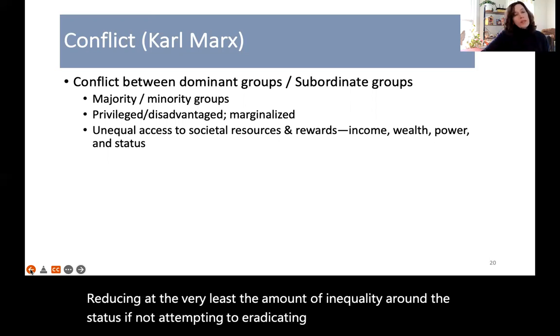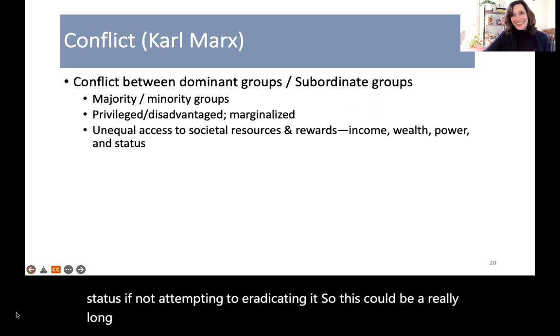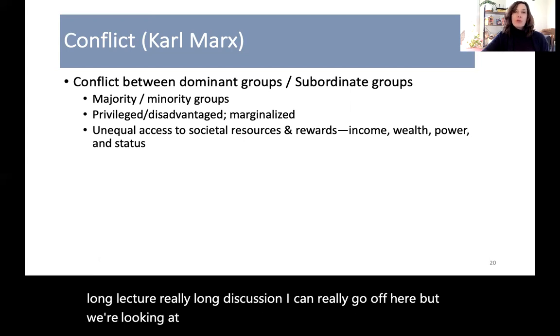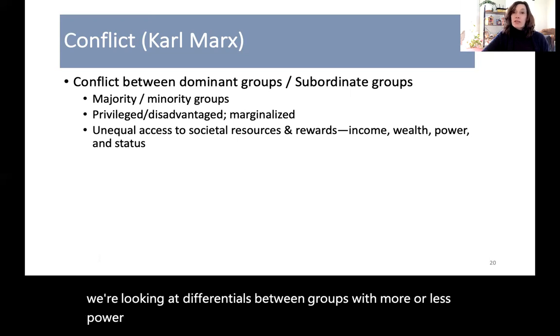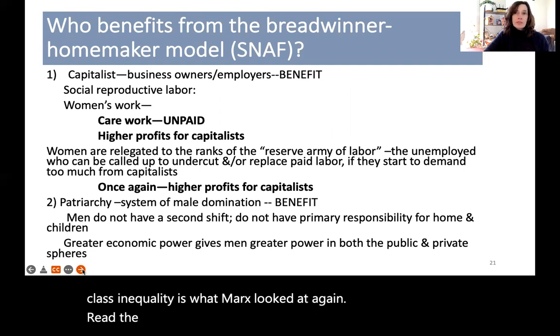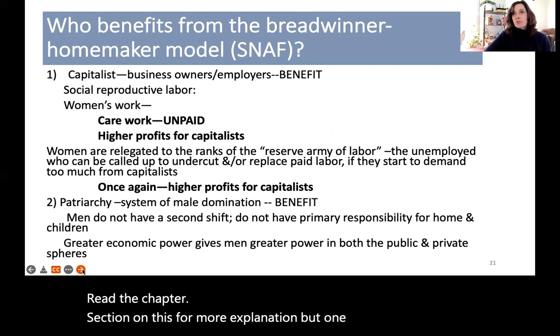So this could be a really long lecture, a really long discussion. I can really go off here, but we're looking at differentials between groups with more or less power, greater access, less access to societal resources. And social class inequality is what Marx looked at. Again, read the chapter section on this for more explanation. But one of the things that is pointed out is that,